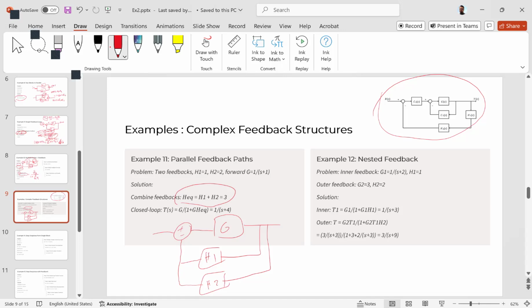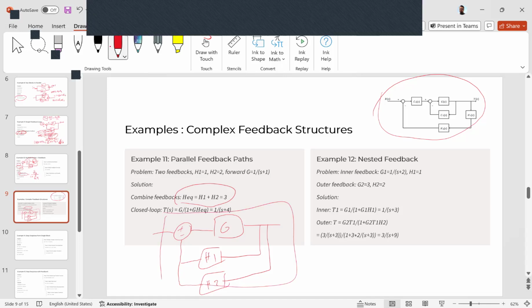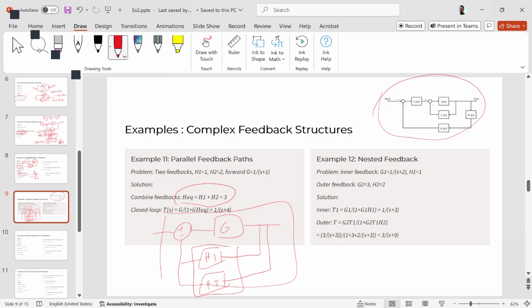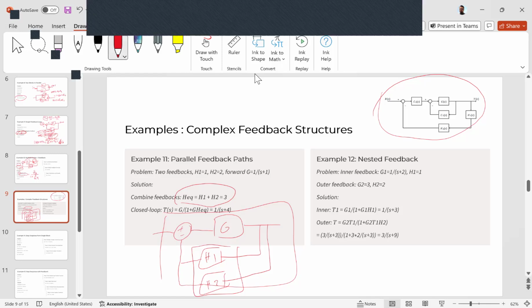Are we good? And then the whole system transfer function is a simple feedback because we already simplified this one to one transfer function, which becomes G over 1 plus GH equivalent, which is the overall feedback transfer function. Are we good? And it's plus because we still have subtraction here. Any question? No? Now, example 2L